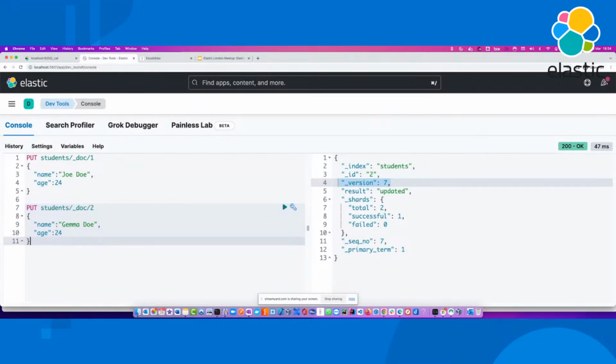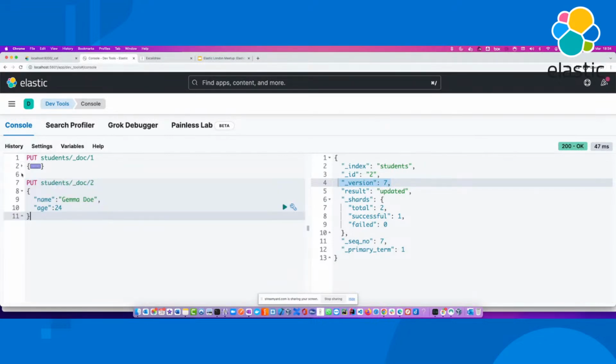Now, one final thing here. That's a good thing, right? We started indexing the documents straight away. We don't need to worry at all. We did not think about whether the students index exists or not. We started pumping the data. That's perfectly fine. Sometimes you may not want to create students with